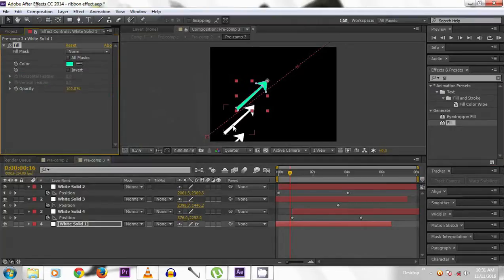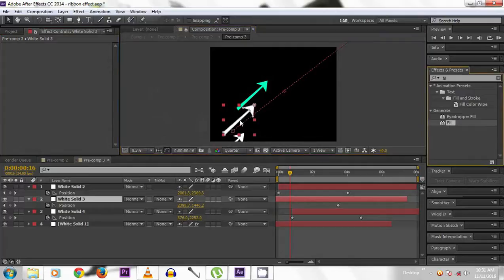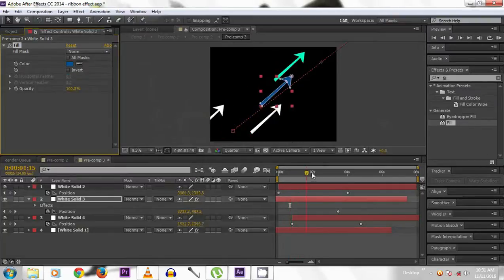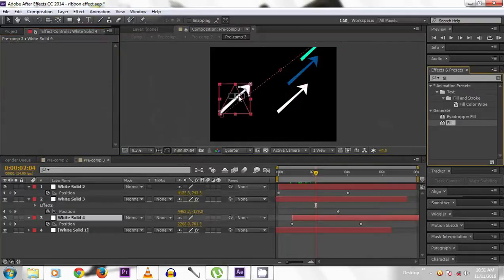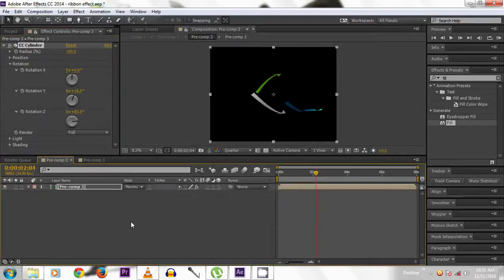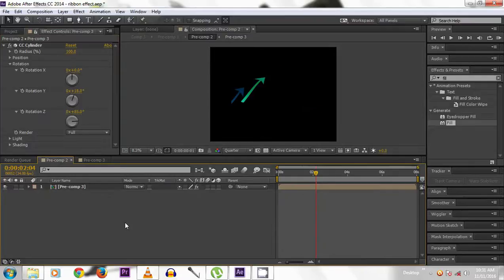Likewise, add the fill to each one and change the color. Now when we play it, we have the colorful arrows in the composition.